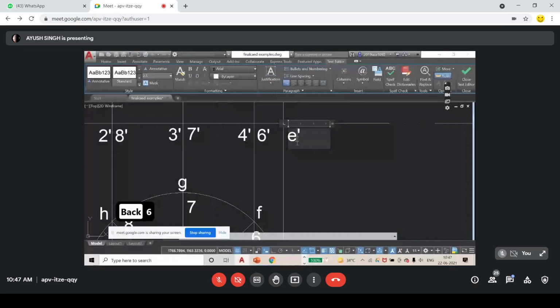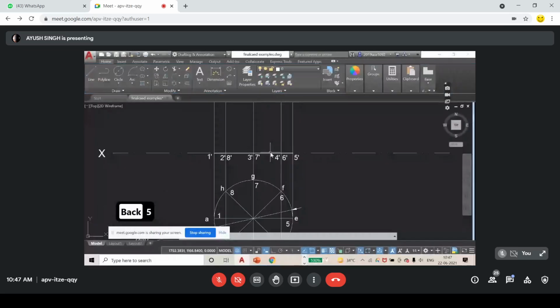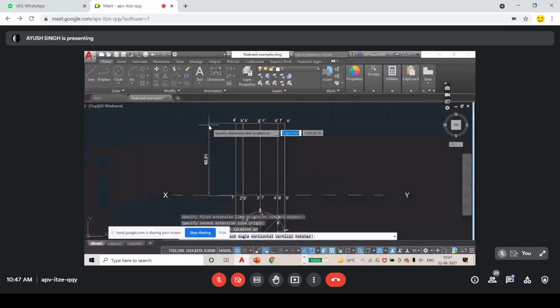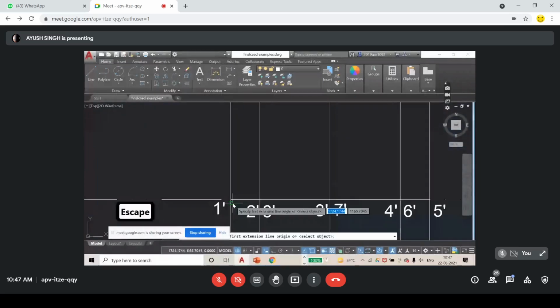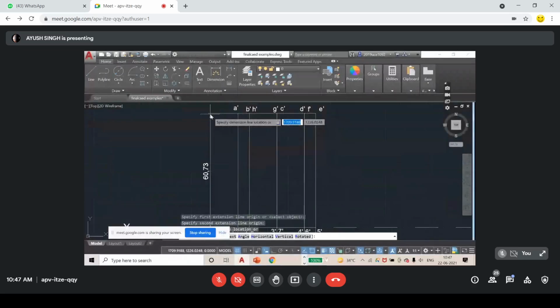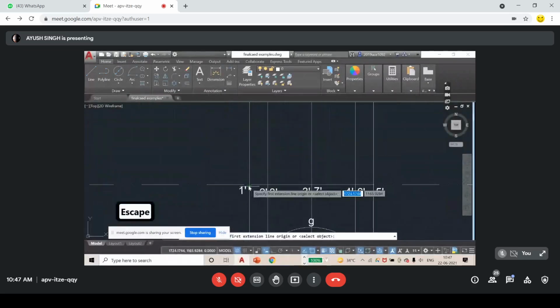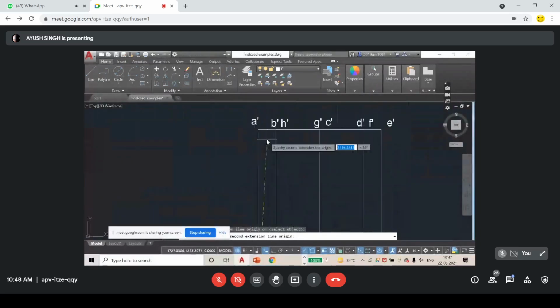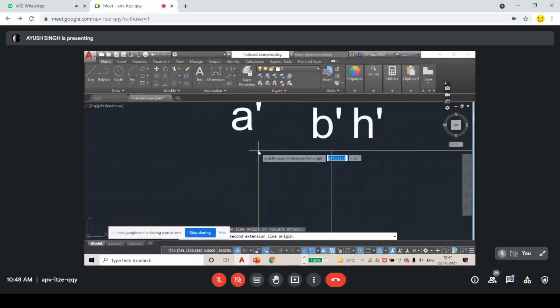Mark the dimensions here. Linear dimension, linear dimension till here. See, there was some mistake. I chose it from here by mistake, and in some quickness. See, this is wrong. So just zoom in till you find the correct point here. From here to here, this should be 60.